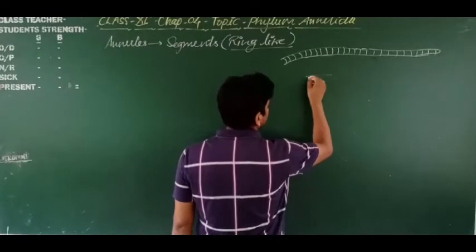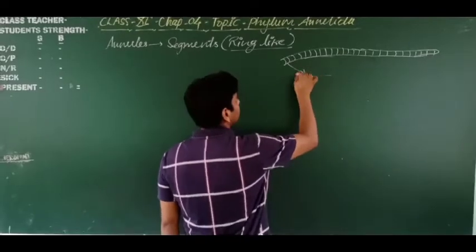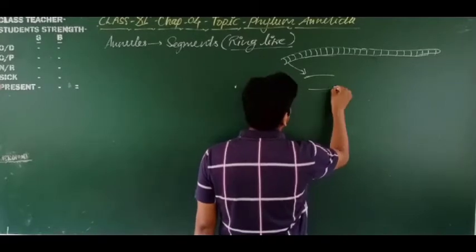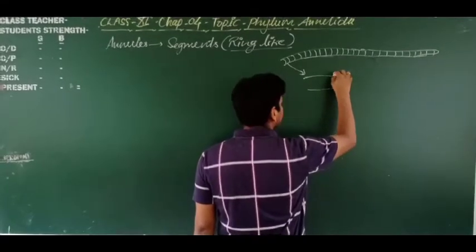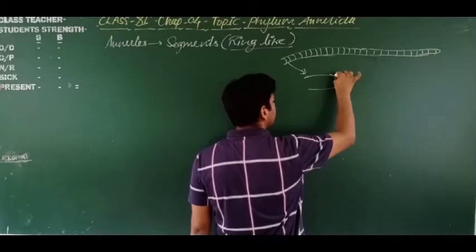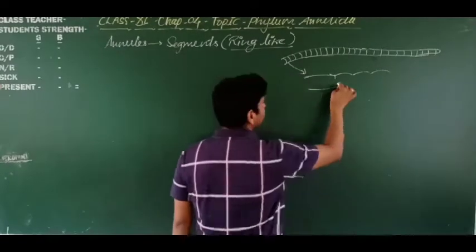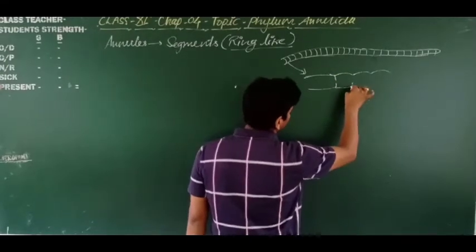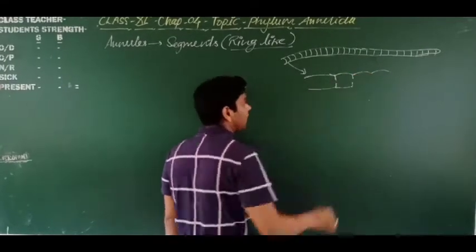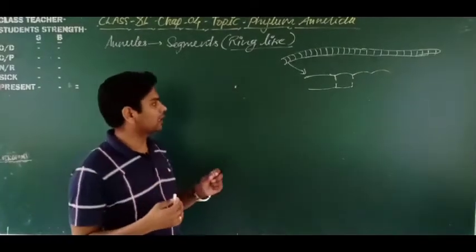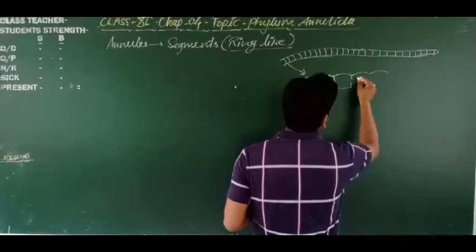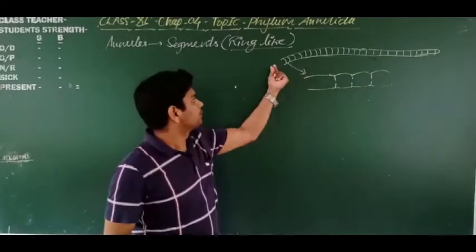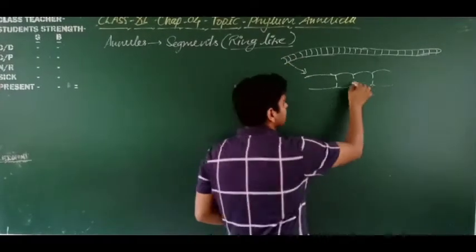This is a particular segment. Suppose this one I am drawing is the magnified view of this segment. Suppose this is a ring starting outside from here like this, okay. So these are the rings, and internally these ring-like structures are also found in the inner body wall. So dear students, these are the septa between particular segments.